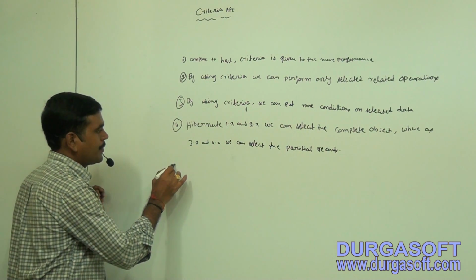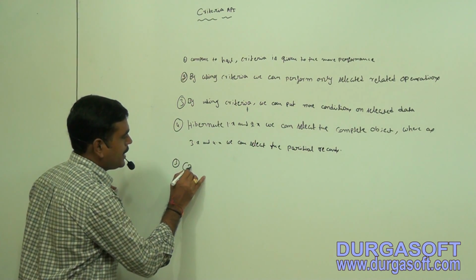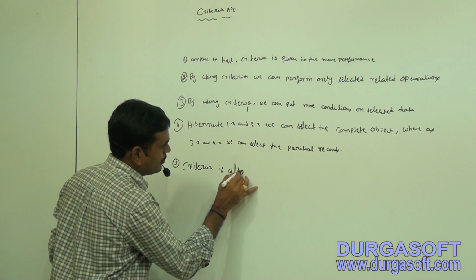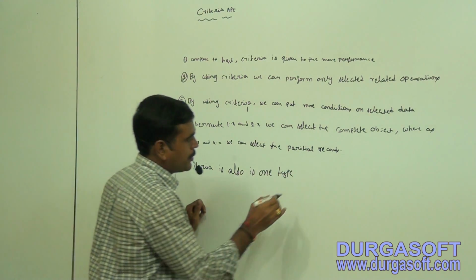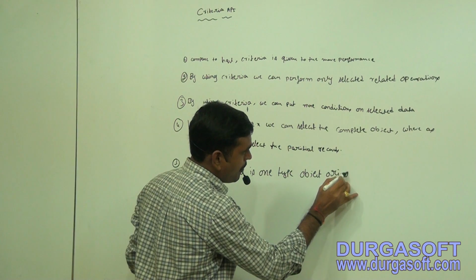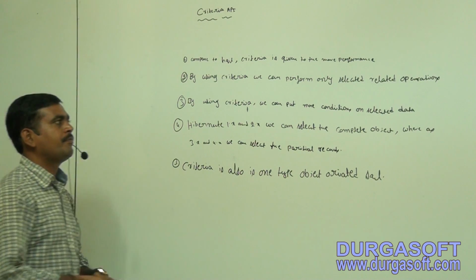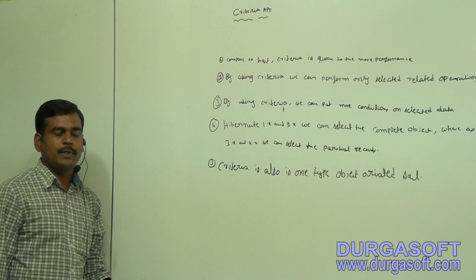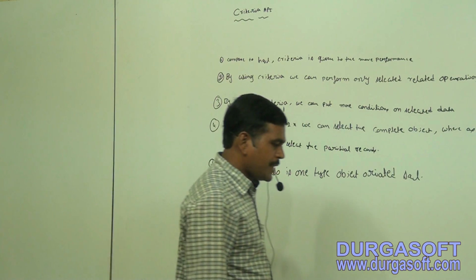Okay, next. Criteria also is one type of object oriented SQL. If anybody is asking, we can give the difference like this. Right? Fine. Now, by using this criteria API,